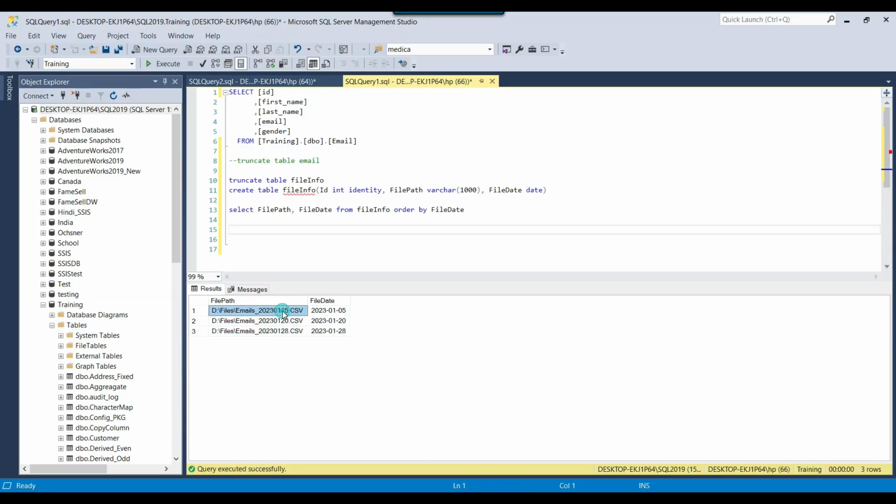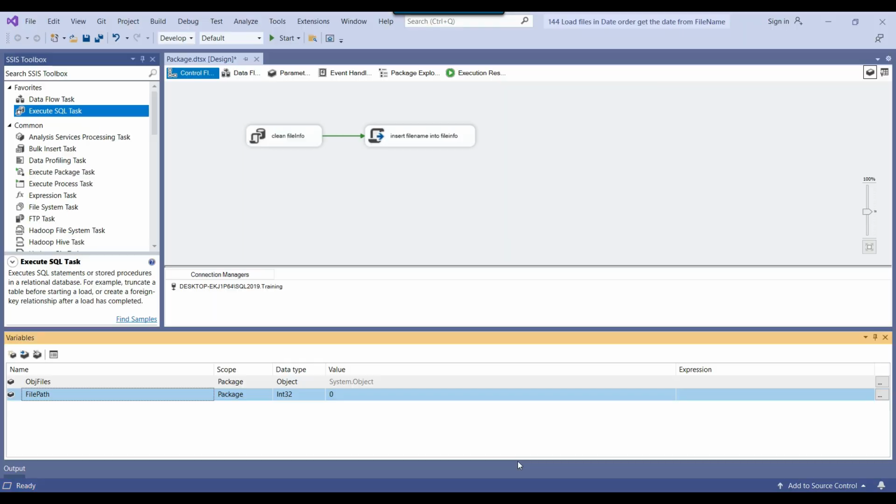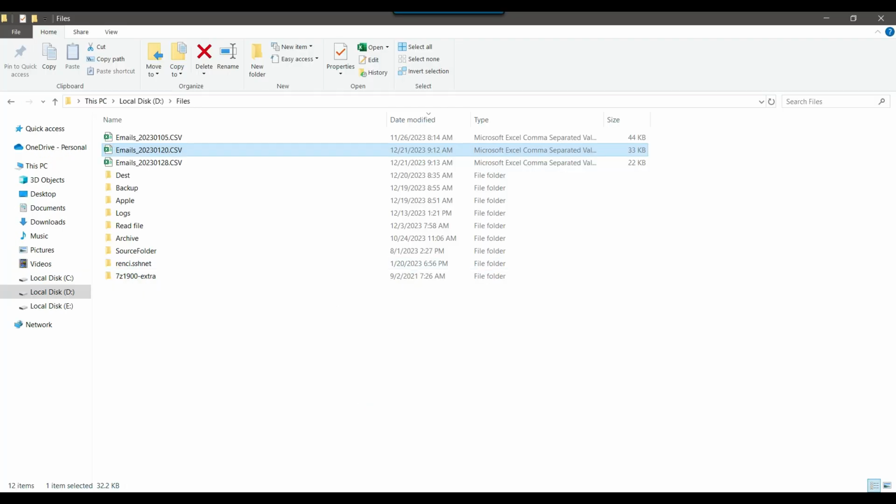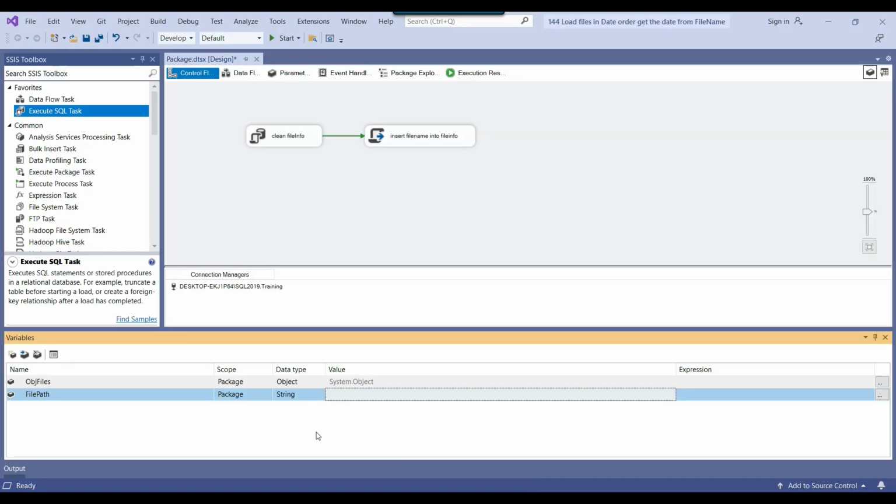I just want the file path value so that I can pass it to the flat file connection manager. The data type will be string here. For now I can just copy any value and paste it here. So this looks good now.